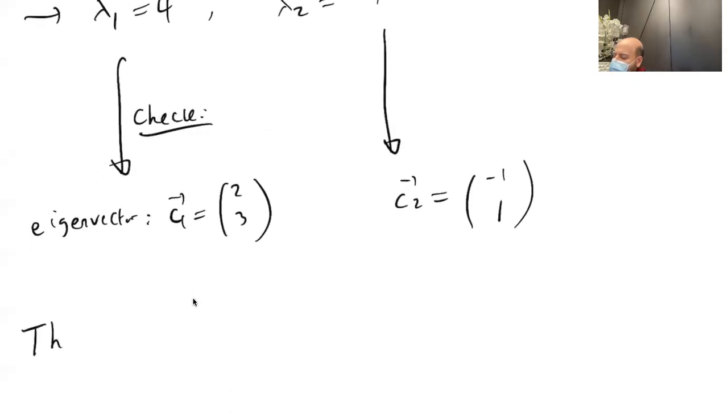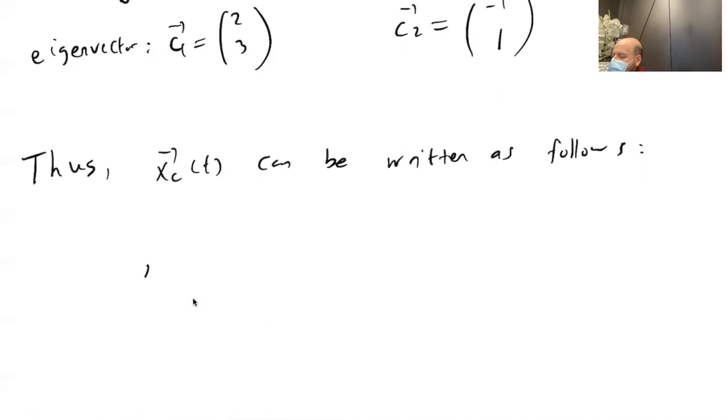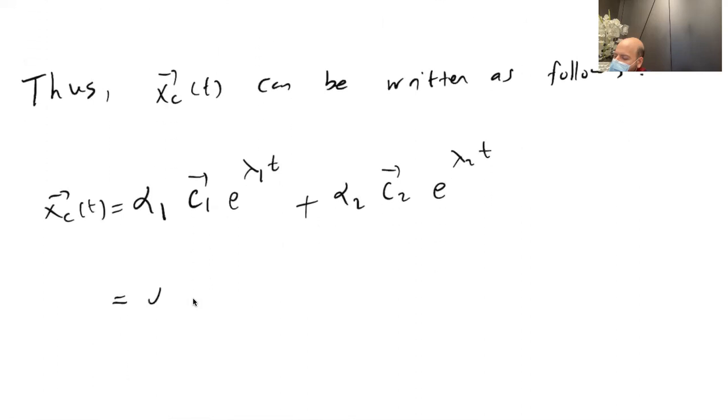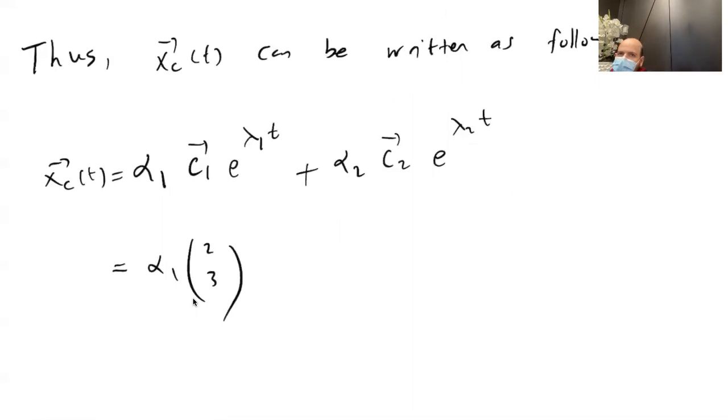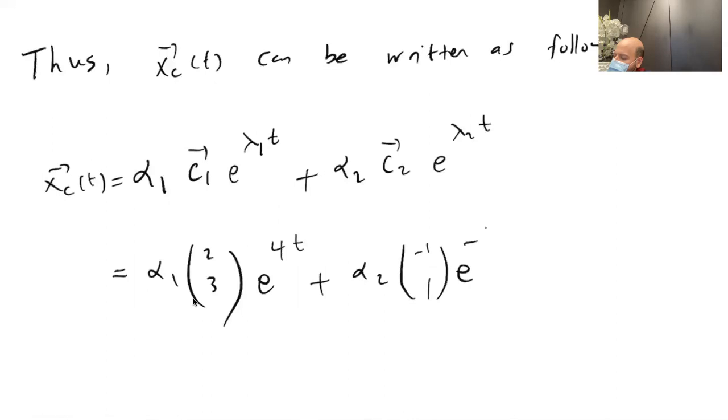So xc of t can be written as follows: a linear combination of C1 e to the power lambda 1 t and C2 e to the power lambda 2 t. So alpha 1 C1 e to the power lambda 1 t plus alpha 2 C2 e to the power lambda 2 t, which, if I substitute, is alpha 1 times (2, 3) e to the 4t plus alpha 2 times (minus 1, 1) e to the minus t,